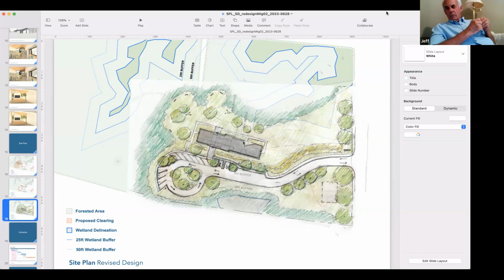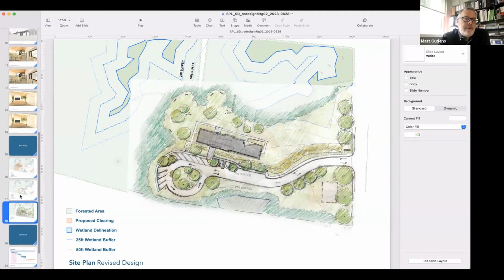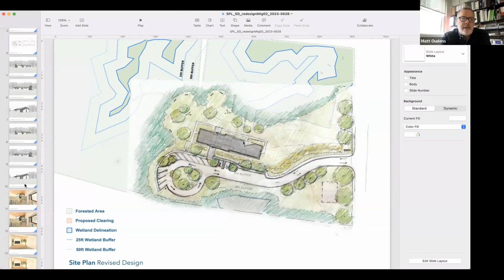Hey, Matt, what are you guys contemplating for exterior building materials? I noticed in your elevations, you now seem to be showing a standing seam metal roof. Yeah, so for roofing, we are thinking that standing seam metal makes a lot of sense, and we'll want to look at